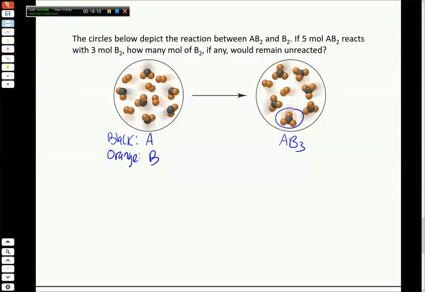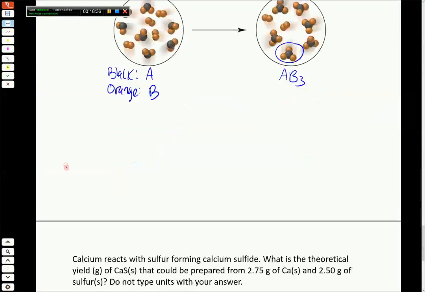Now, the point of this question is we don't want to use the pictures to try to answer the question. We want to use the numbers that were given. So this gives us one scenario where we're reacting the two species, but we want to actually use the numbers that were told, 5 moles and 3 moles, to figure out how many moles of B2 would be unreacted. So we need a balanced chemical equation first, and really that's all this picture is going to help us do. We have these two pictures here, and it's just telling us that the product is AB3, so when we have